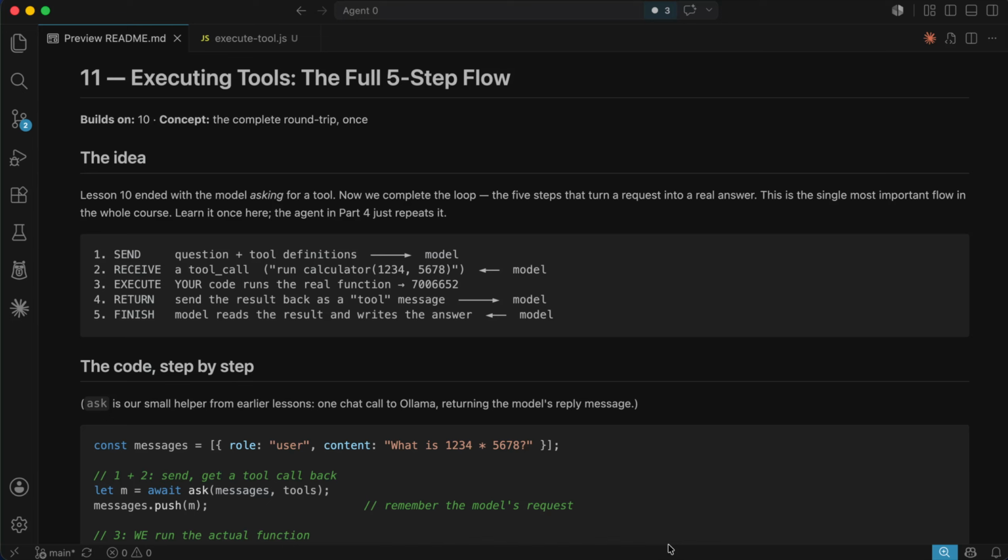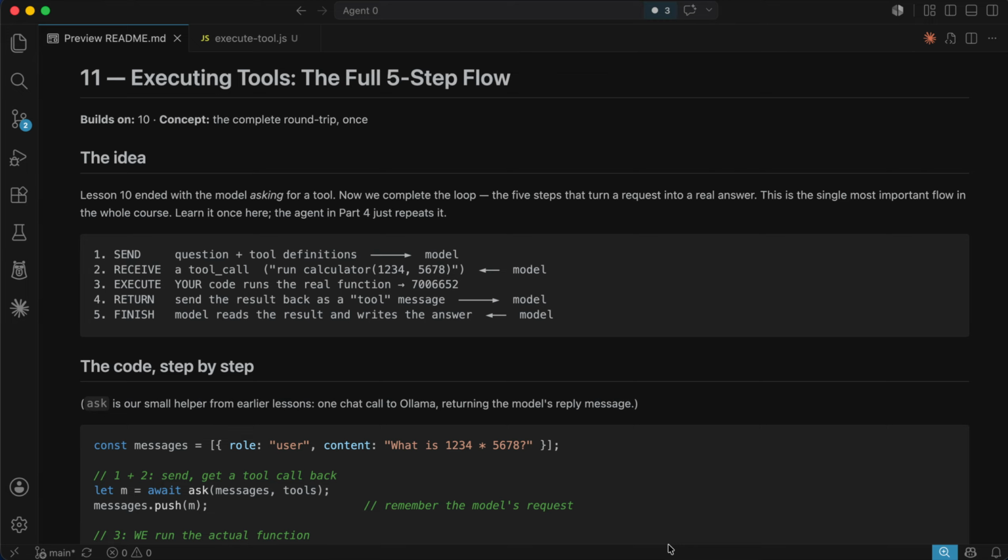Hi everyone, welcome to another video in the series of building an AI agent from scratch. So in the last video we saw that when we asked an agent a question to do a multiplication operation and the agent had the calculator tool's definition, it came back with an answer of tool call. And in this video we'll complete the loop by actually calling the tool and feeding the tool call response back